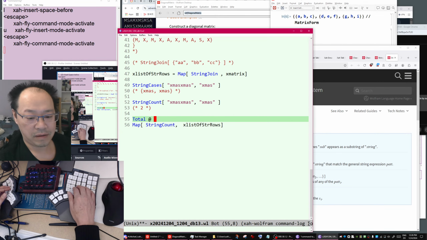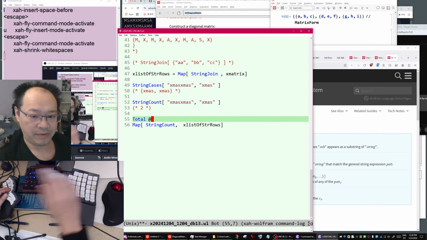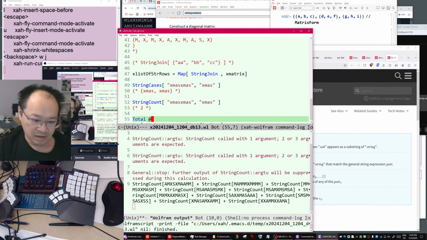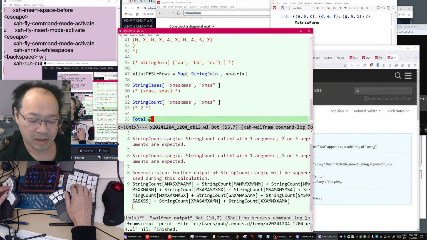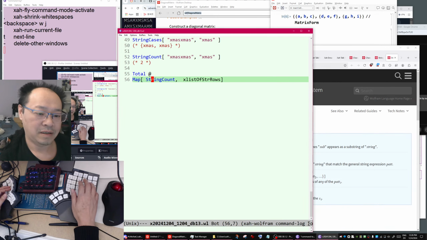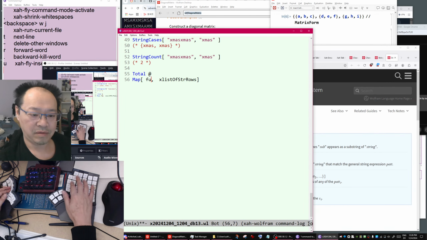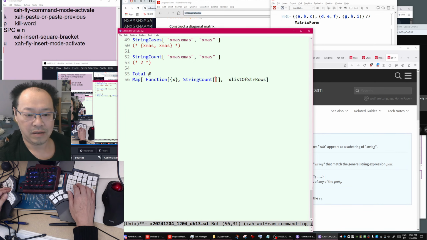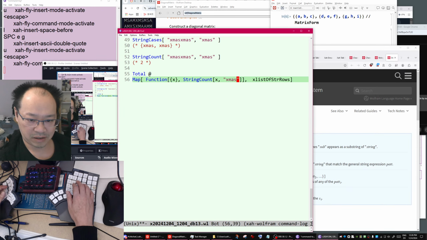What do we get? Can we evaluate the whole thing? Something is wrong. Oh, it requires two arguments. So you write a function, StringCount, where here's a string and you want to count XMAS. Evaluate.